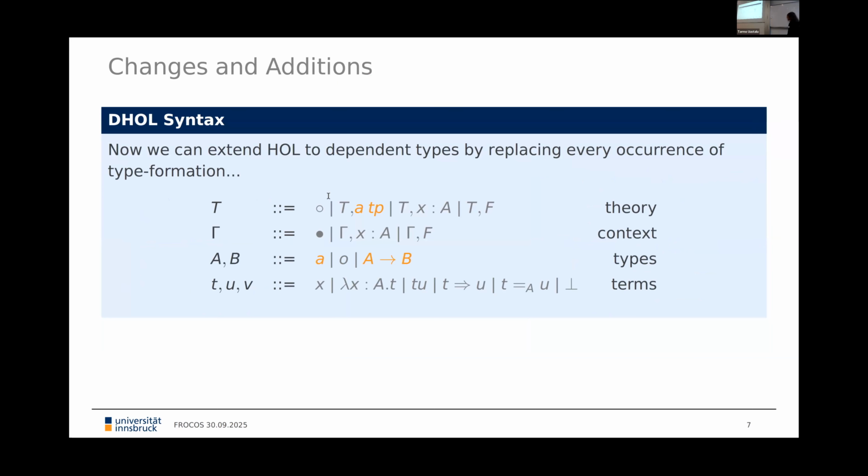And with that motivation, let's take a look at what Devo looks like. This is just a whole presentation from before where I marked the interesting parts. So we're looking at the types. Now we want to have dependent types. So we no longer have just simple types in our theory.